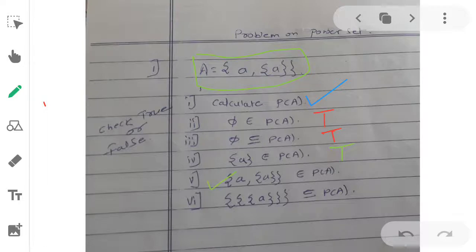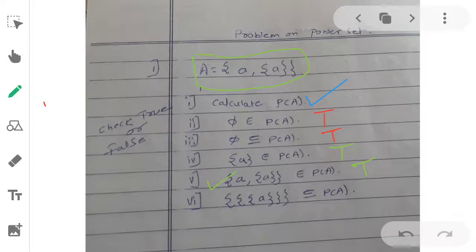So the power set of A contains A. What it means is A belongs to the power set of A, so this statement is also true. If we compare the fifth one with the given set, we will be able to answer it.